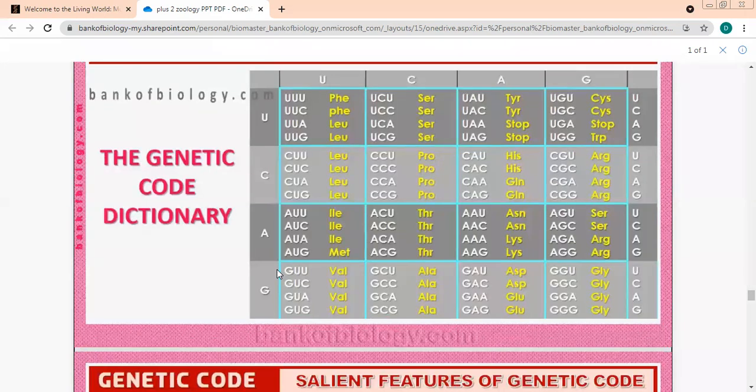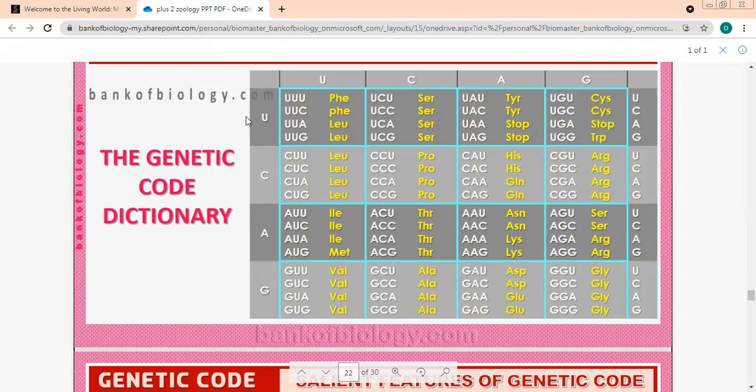First, make these 16 boxes and then write UCAG on the top, and on the left side of each box also we are going to write UCAG. Can you see this over here? This is UCAG. So what is the sequence we remember? UCAG. Now it becomes very easy to determine the sequences.